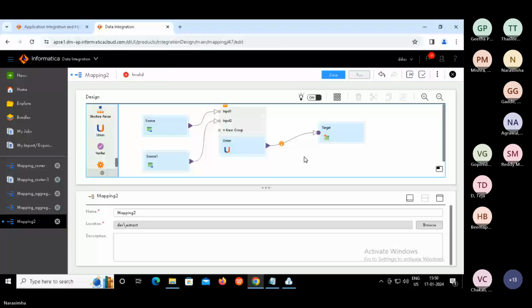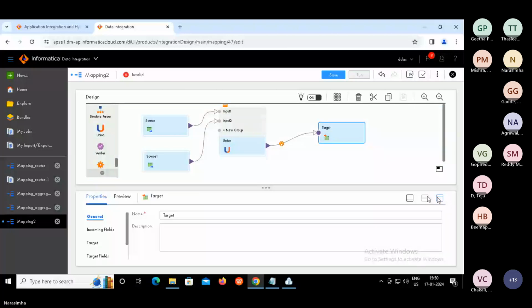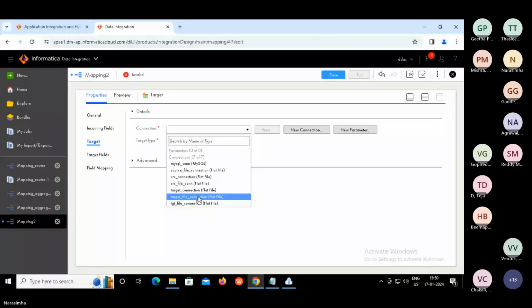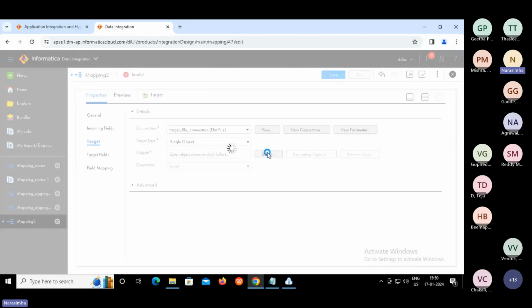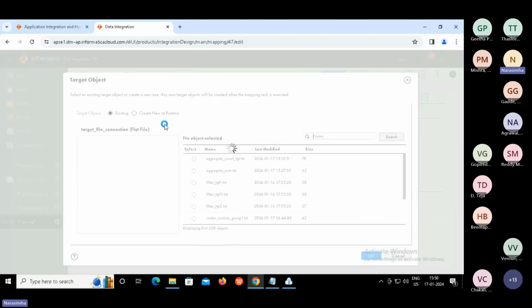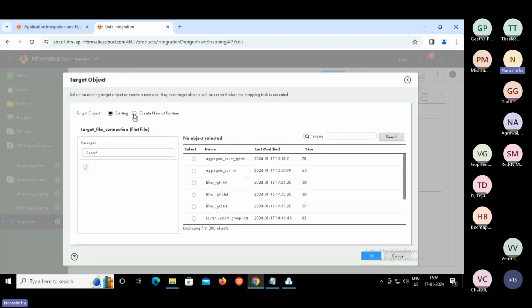Now configure the target connection properties. Select the target file connection. Select create new at runtime.